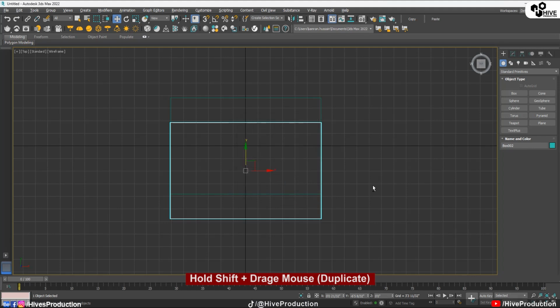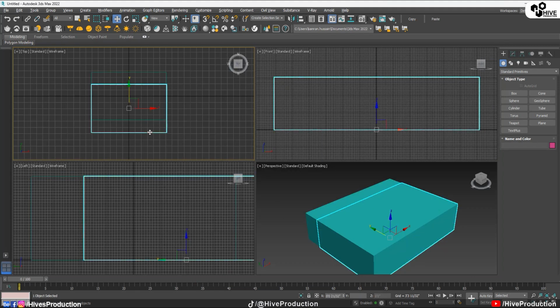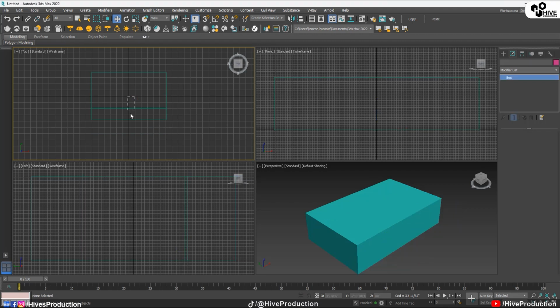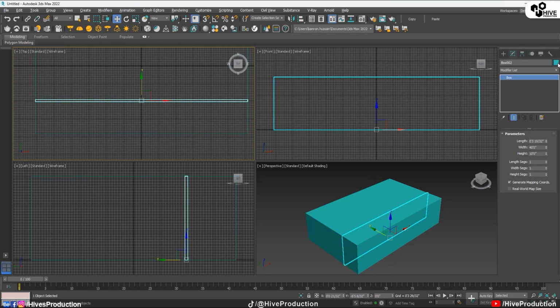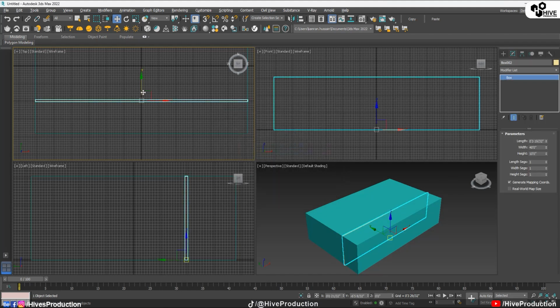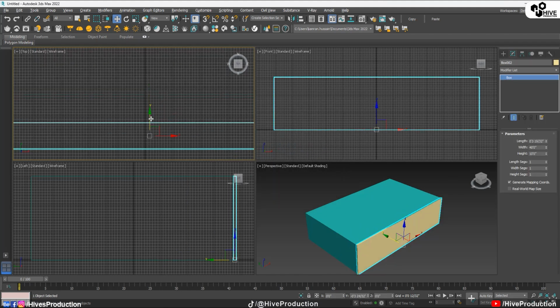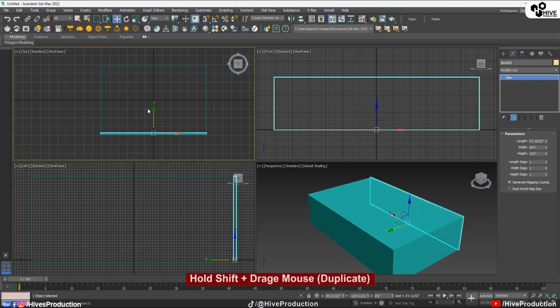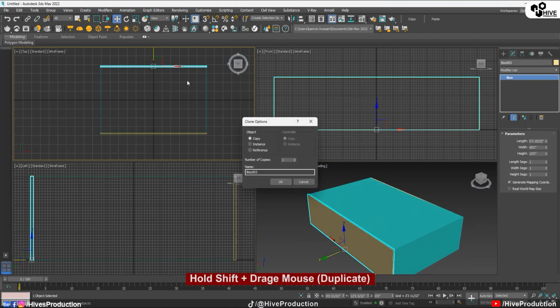I have just taken a duplicate and I'm just going to decrease its length because I will model every wall separately. So I'm just going to change the color so I can see them in the viewport, and I'm going to put this wall here, as you can see. Okay, so again I'm going to take the duplicate of this wall by holding the shift key and will place it here